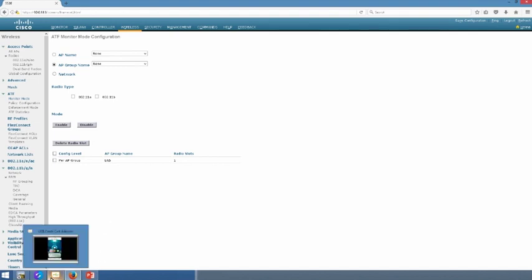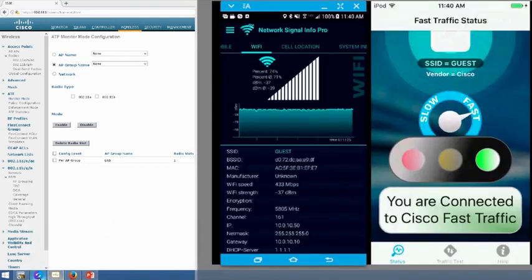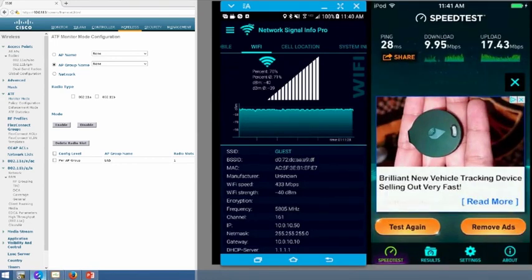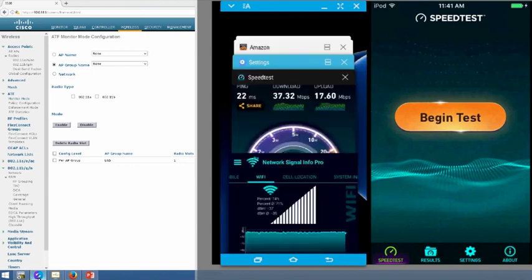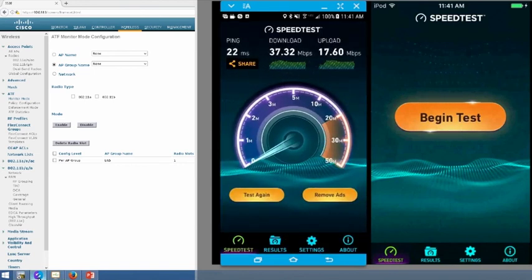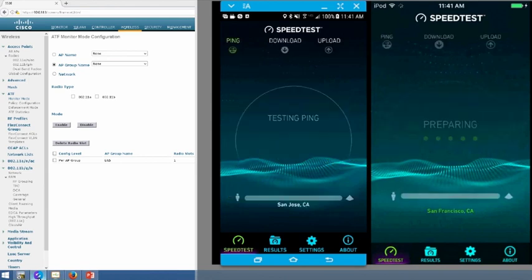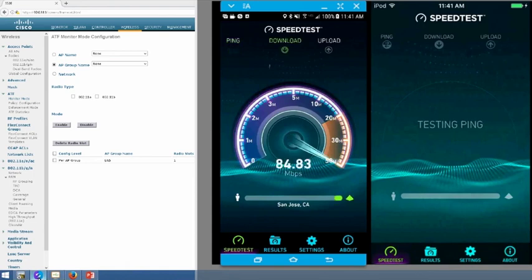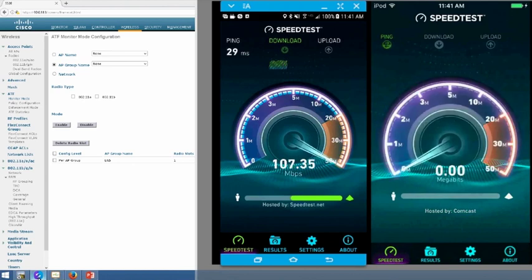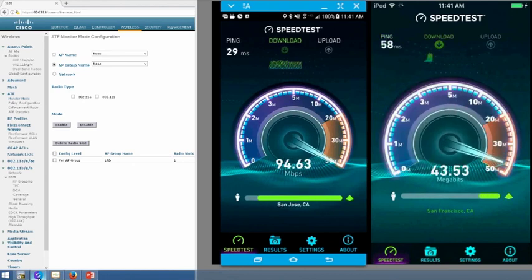So what I'm going to do here is pump some traffic through. I've got some devices that are connected, so we're going to run some speed tests and see how these guys perform with no airtime fairness in place. So we're going to run the iPod first against the Android. They're both connected to the same SSID. I have roughly about 100 meg of internet here. So you can see once the Android's got it, the iPod's going to struggle with getting some until the Android